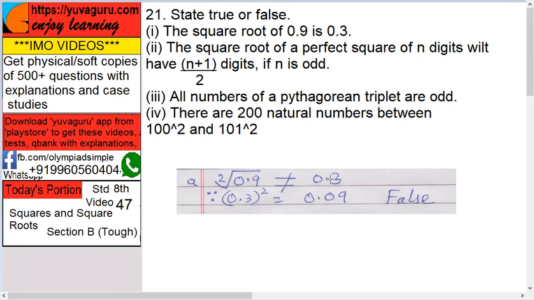Next is state true or false. First, the square root of 0.9 is 0.3. Is it true? That is false. Why? See here. Square root of 0.9 is what? This is not